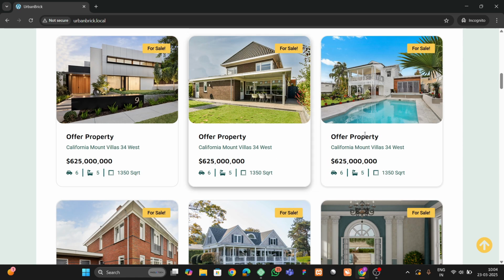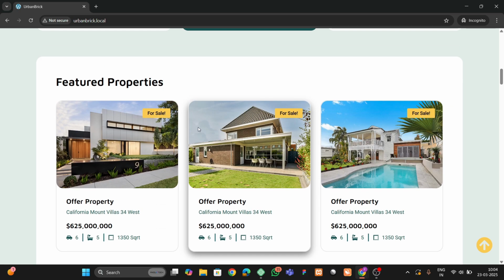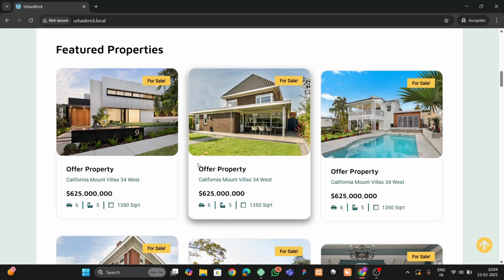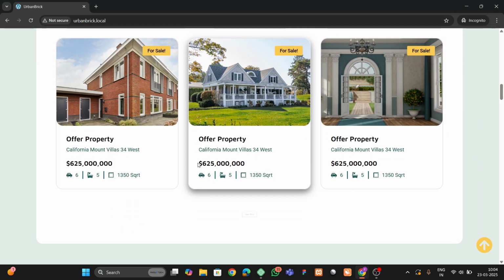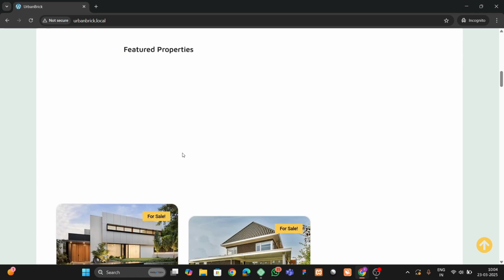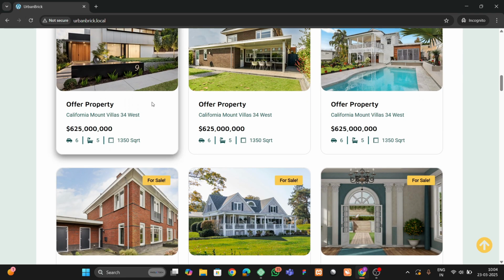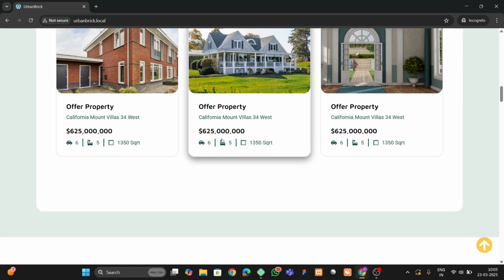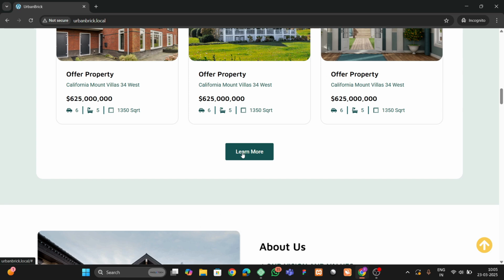Okay, and you can see that we have this hover effect on this, and also we have these animations here. So if I refresh this, you can see that we have this animation coming here like this. Okay, and these are sequence animations. If I show you again, this type of sequence animation. So first this box will come, then all these boxes will come after that. Okay, like this. And also here we have this learn more button,